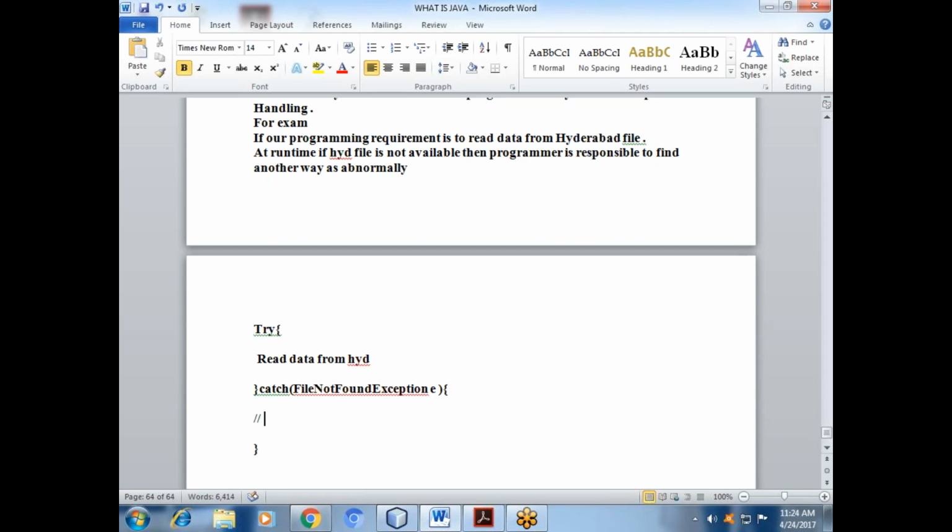Then pass the local file to continue the rest of the program, meaning whatever message you have passed, you will get it. First it will go to the try. The try keyword is always in small letters. Got it, my point? Okay.